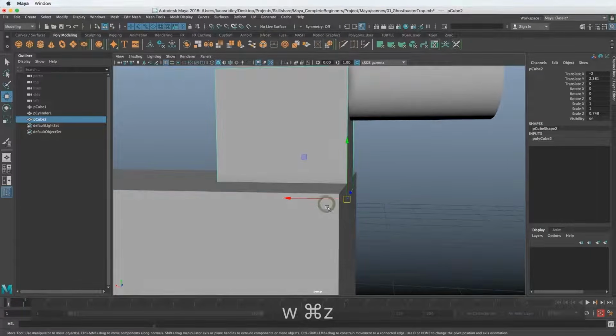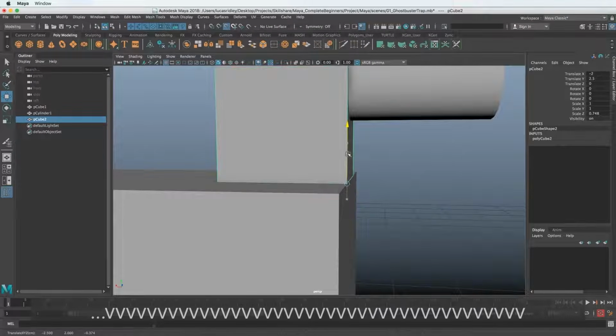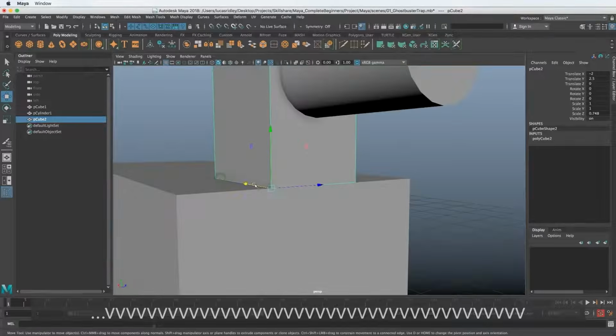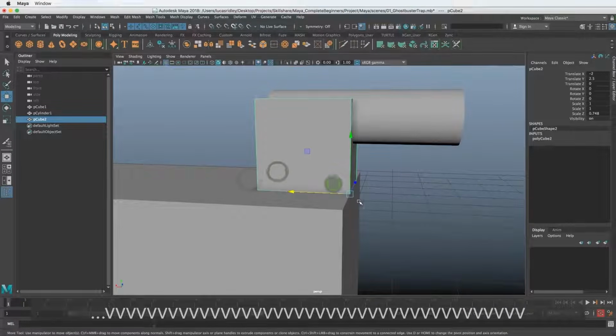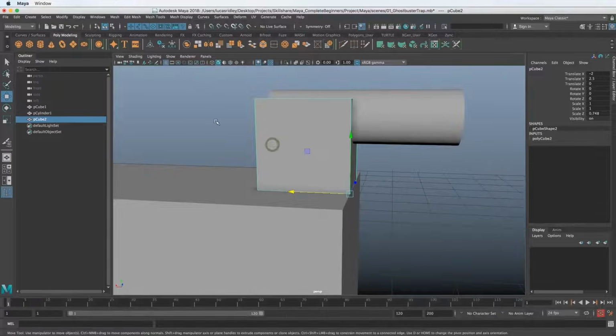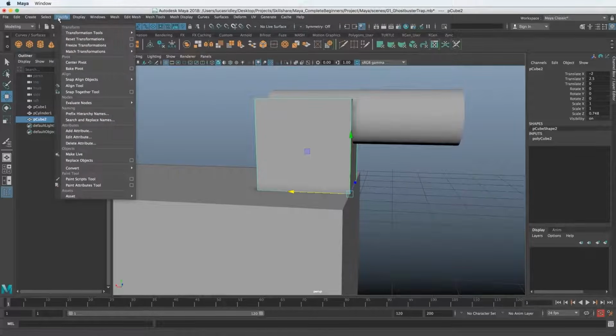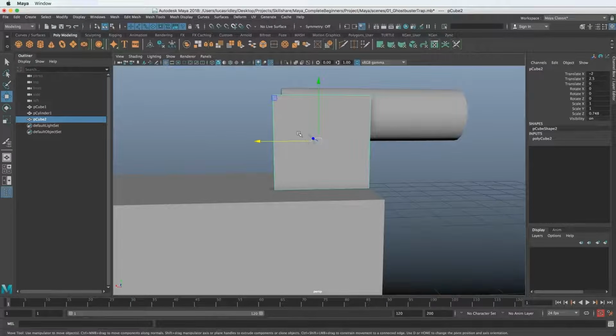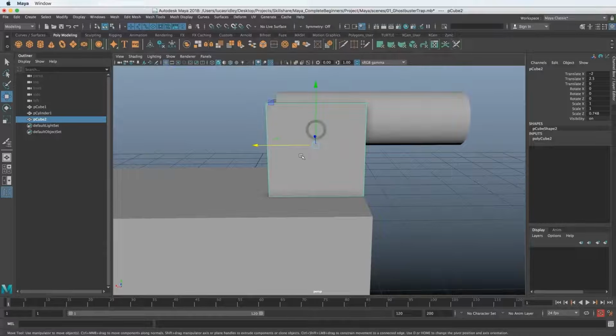Now what we can do is hold down V and middle mouse drag and isolate the up value. So we're only going to go up, and you can see it snapped upward. Now we can hold down the X axis and it will snap to the backside, which it seems like it has. So now we don't want this pivot here anymore. How do we get that back? That's not a big deal. We go to modify and we go down to center pivot. When we click this, now the pivot is back in the center, and we can move the pivot around later again if we want to, but now it's there.